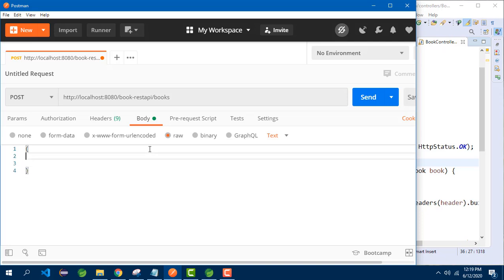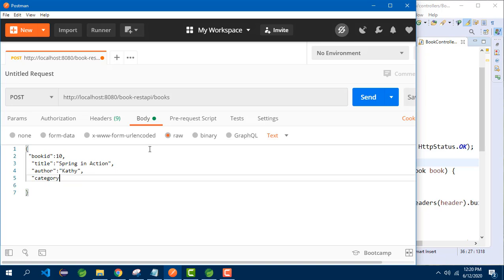I will create it: book ID colon 10, title Spring in Action, author Kathy, category. We have created a JSON object which is having the book details. Here you need to select the JSON type. Click send.